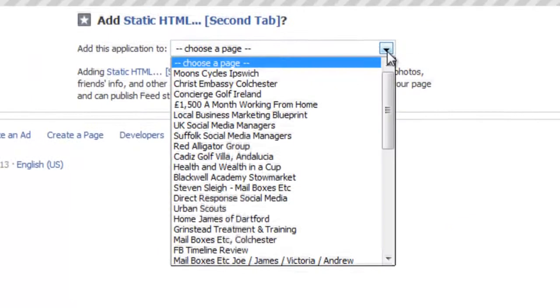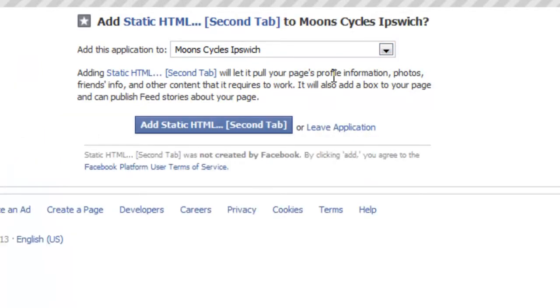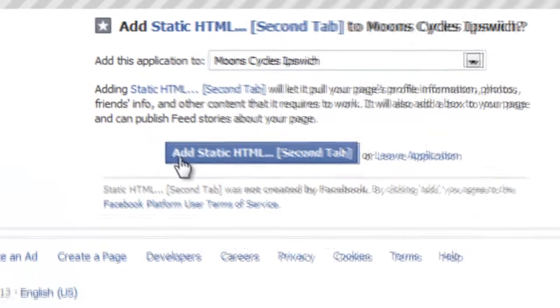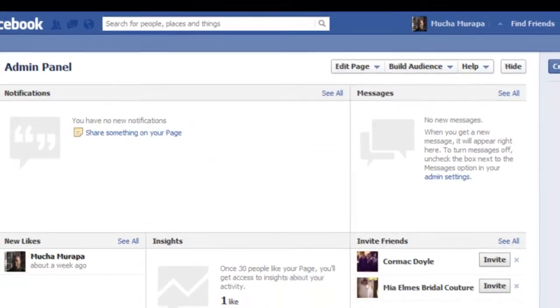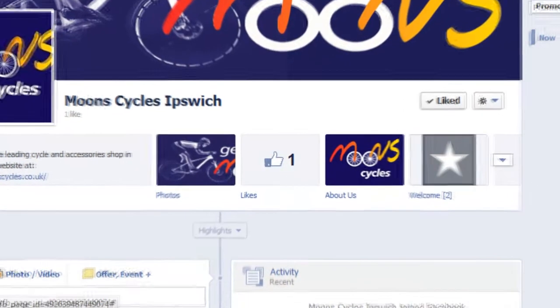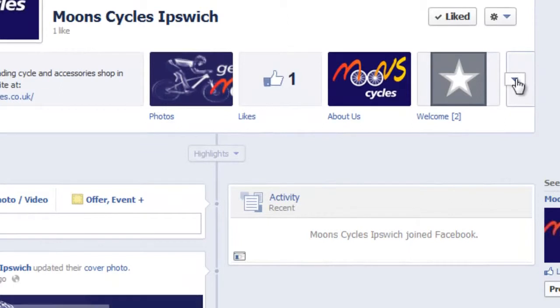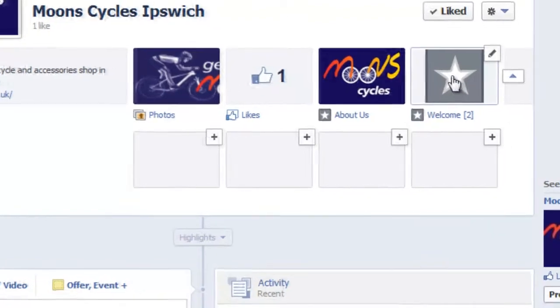Right, once again it asks us to choose a page. We just go to Moon Cycles Ipswich, and we add the second tab. And if we look over here now, all of a sudden you can see another welcome tab. And have you noticed now we've got 4 along the line, because as we begin to move down the page you will actually see that there is another 4, and there's an actual final row of 4 if you so want it. So on here we've got likes, we've got about us, we've got that word welcome again. And what I'm going to do